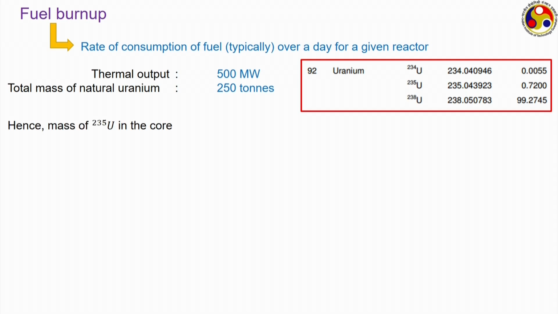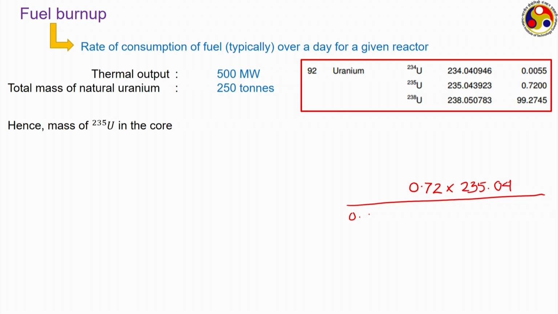So, first we need to identify the mass of uranium 235 that is present in the core. Total mass is 250 tons, but that corresponds to the natural uranium. And then we need to know first the mass fraction of uranium 235 in this reactor, and that mass fraction can easily be calculated, as we know the atomic weight of all these 3 isotopes and also their percentage. So, the fraction of uranium 235 can be calculated as 0.72 into its atomic weight 235.04. I am not writing the further digits, divided by the same for all the components, that is for U 234